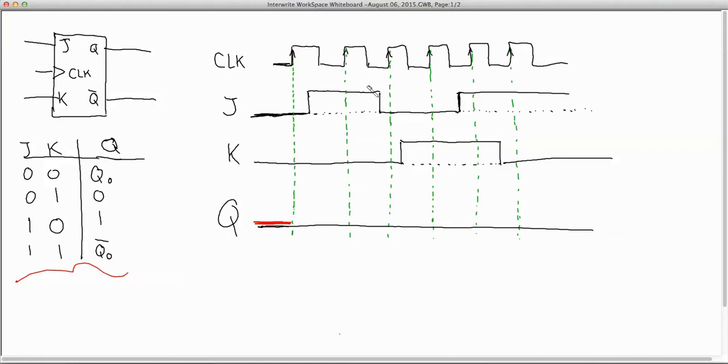So we have some waveforms here for J and K, and let's assume that the flip-flop originally starts at the level 0. Okay, so Q is equal to 0 at the beginning of this process. It is very important to understand, and that's why I included these green dash lines, because the flip-flop, in